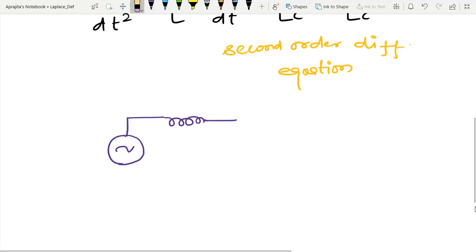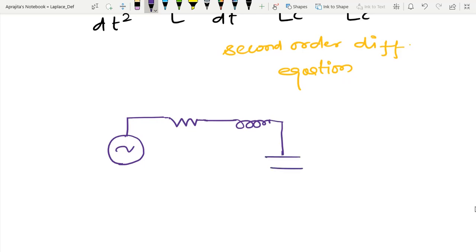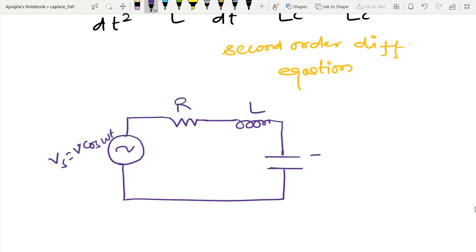So I am going to draw the same circuit. So here I have resistor, inductor, and after that capacitor, and now Vs is in the form of V cos omega t, and this is resistor, inductor, and this is capacitor, and again in order to calculate I(t),